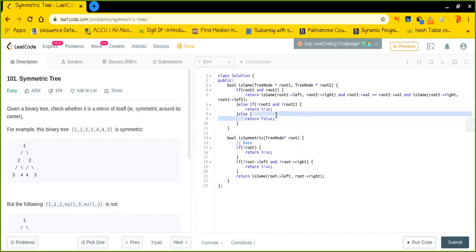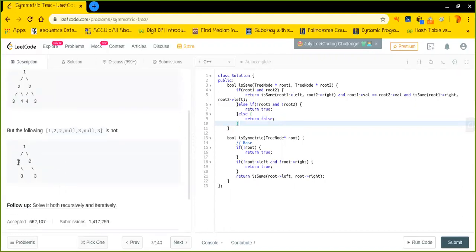I'll get to why I'm returning false when one of the two nodes is null. Because for example, let's say this, right, in this tree, its left is not existing, right? But we can think of this in this way. Let's say this is not the correct example. Let's say this is the left subtree, and actually, yeah, this is the correct example. Just a second, guys.